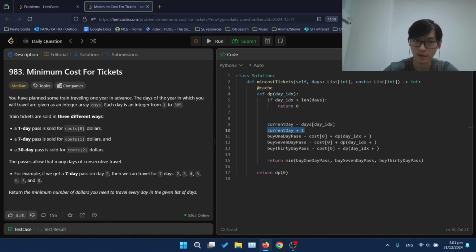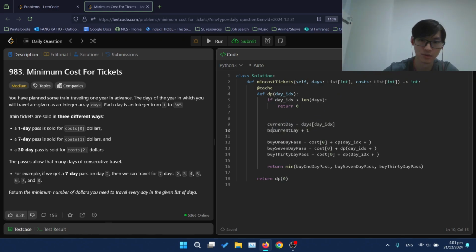We need to look for this, and I think it's going to be a left insertion search. So bisect left, where low is equal to day index, and high is equal to the length of days. So this is the next available day.